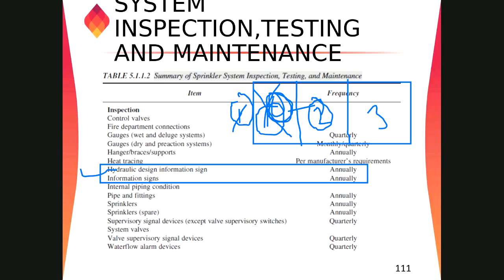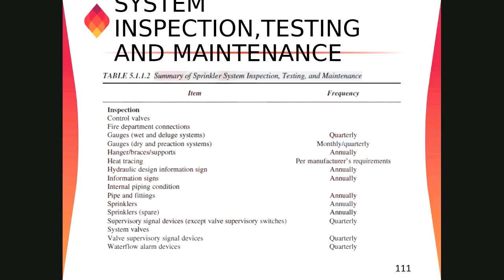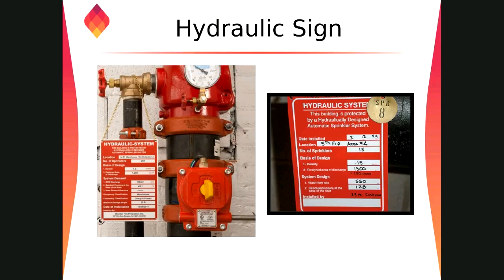The fire in the building is growing in big size. They have to control from the riser. If in one riser everything is finished, they will just close that one and allow the other riser to operate at current pressure and volume. So if they do not find the information and the location, they might not work effectively to extinguish the fire. So we need this mainly for the fire department team who want to see what is happening. If you can see here, they have given a location, the 5th floor, area 4, right? So if there is fire on the 5th floor, area 4, they will come to this riser and control from this side. This is the idea regarding the hydraulic side.